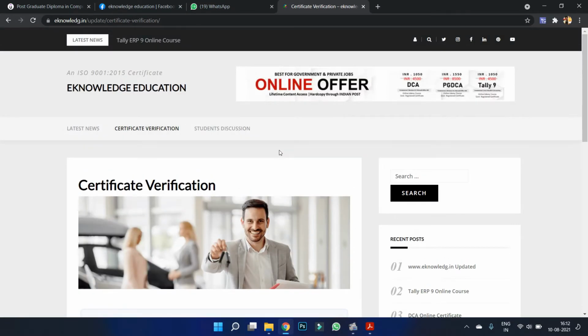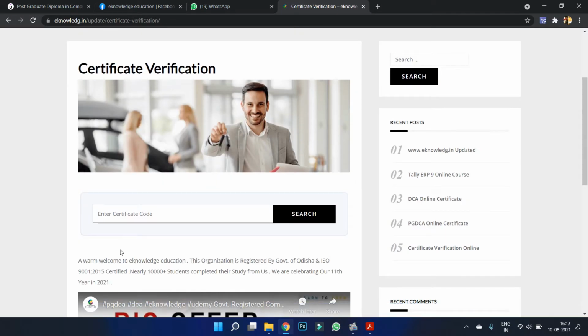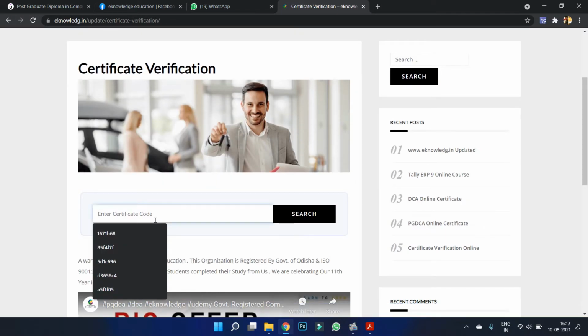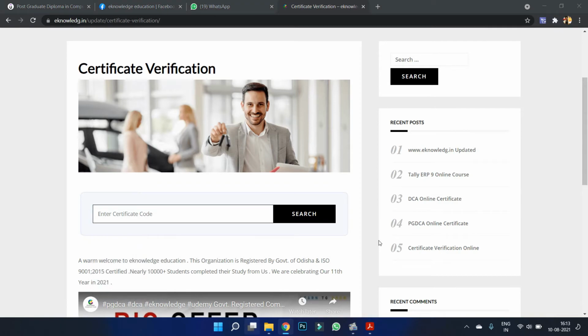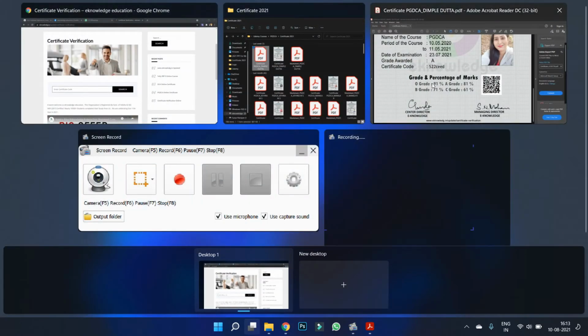Here this is the certificate verification page. You have to enter here this one, 522 CEED.